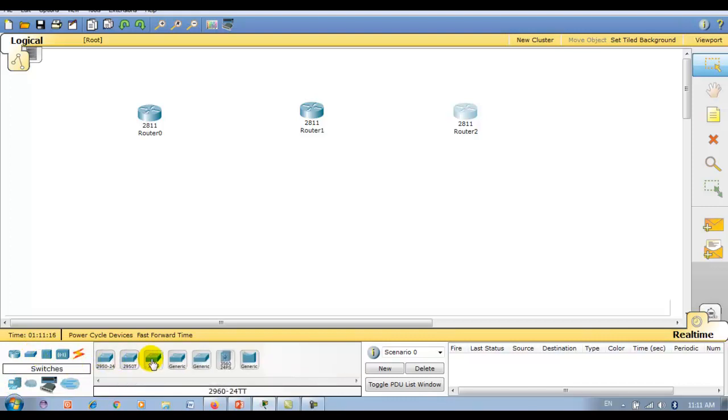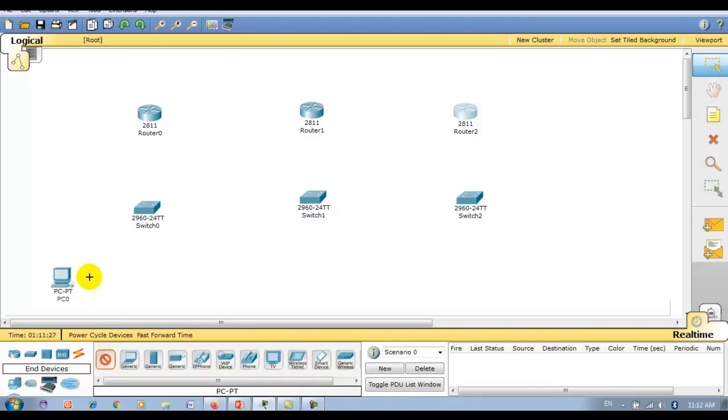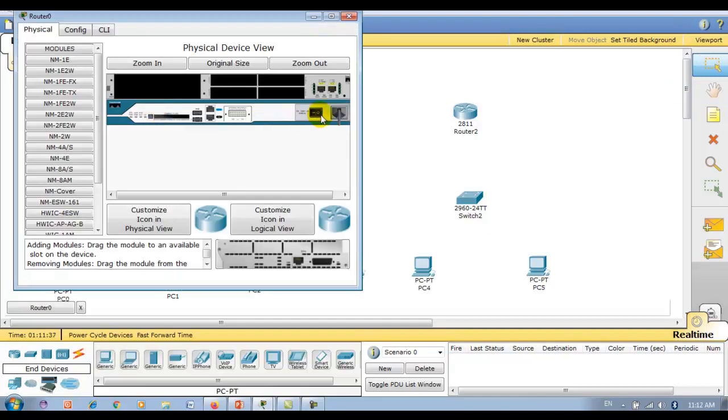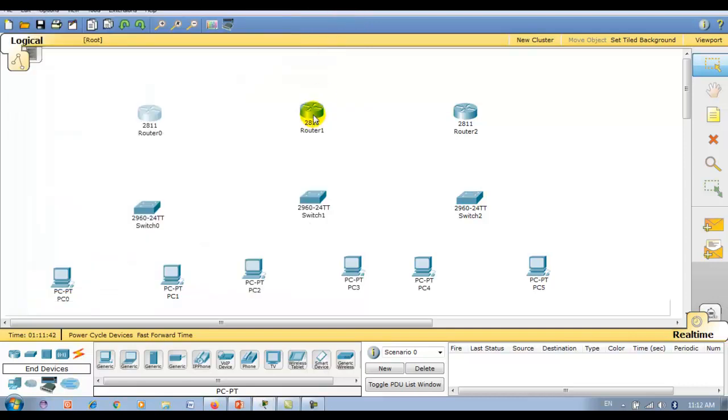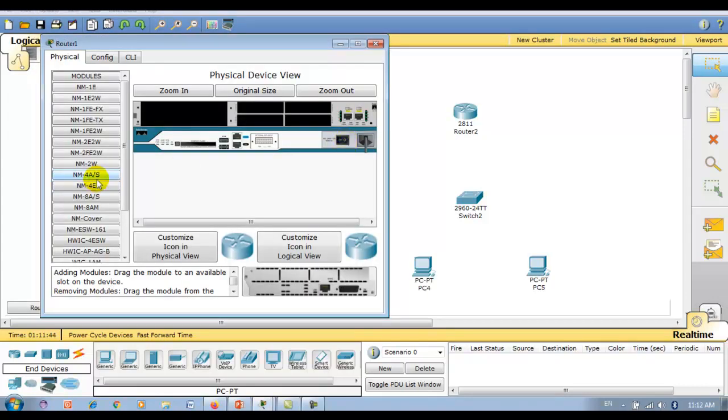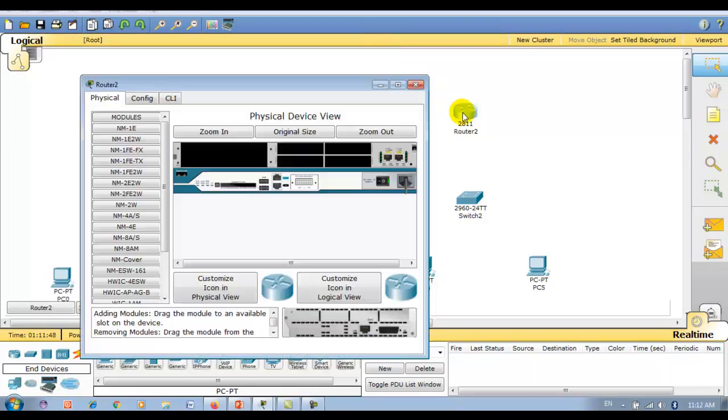So let me take 3 switches. Now let me drag and drop. I assume that all the routers are connected in a WAN, wide area network.